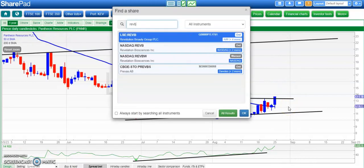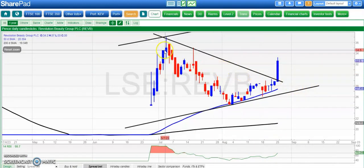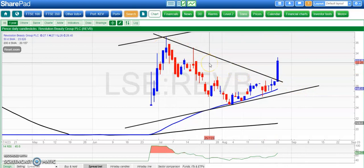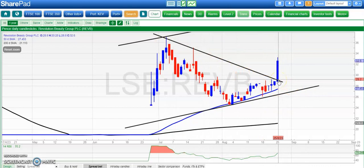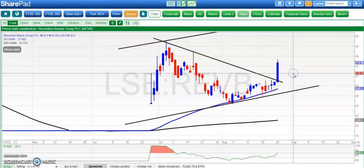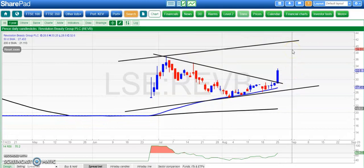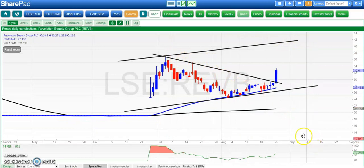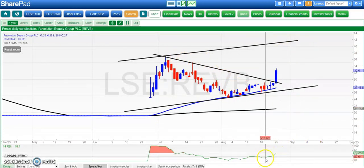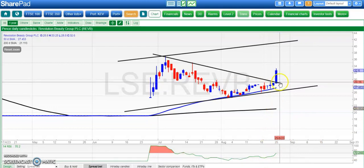Finishing off with a stock I spotted at the end of last week as well. Revolution Beauty, just breaking out of that triangle that we've had since the beginning of July. The resistance line, or the triangle, broken there around 29 pence. Above 29, we're looking for as high as 42 pence by the end of next month, in what looks to be a nice turnaround there for the shares over the recent past, and they bounced off RSI 50 ahead of the push higher on Friday, so that's a positive as well. But above 29 up to